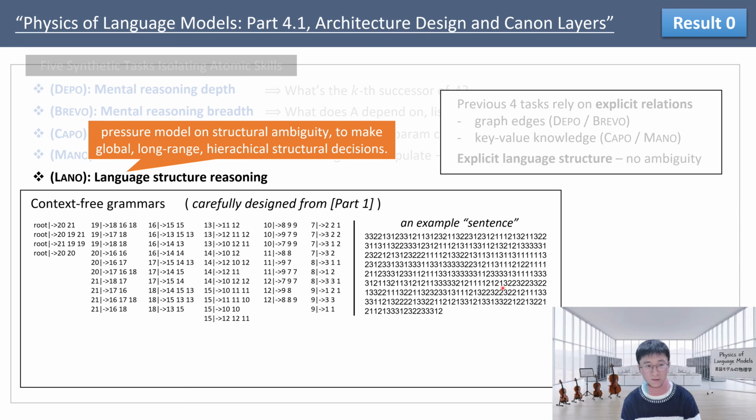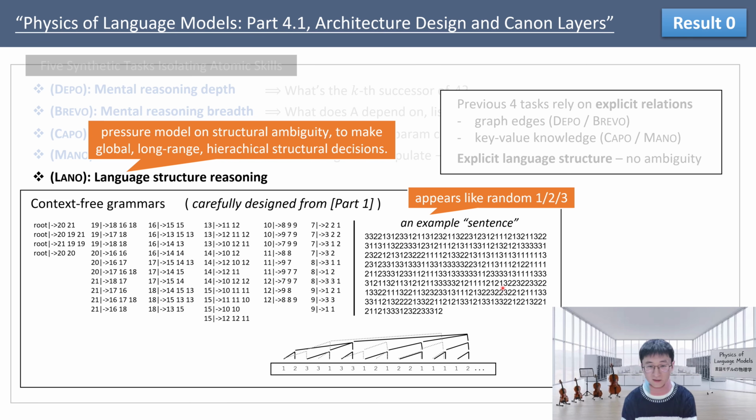What's interesting about this context-free grammar is that on the sentence level, the sentence appears almost like a random sequence of 1, 2, 3s. But behind it, there is a unique parsing tree based on this context-free grammar. It's not really given to you. You have to do some very non-trivial dynamic programming to parse where the beginning of this sentence or sub-sentence is. So I'm not going to give you too many details about this